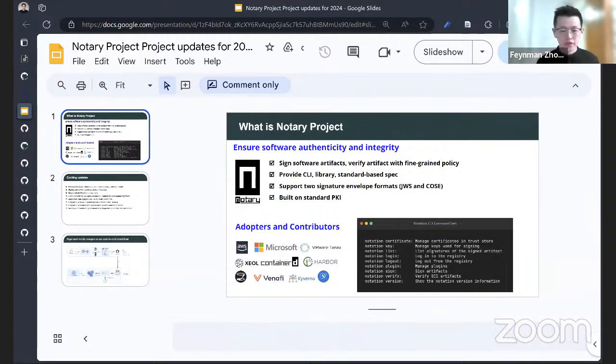And I created 3 pages because there is usually maybe less than 1 minute to go over the major updates, especially the exciting updates and the brief introduction of the project. So there will not be too much content and information included in the video. So I am planning to create these 3 slides to go over the major updates and the brief introduction of Notary project. And the first slide is about what is Notary project and notation, and the basic functionalities of the